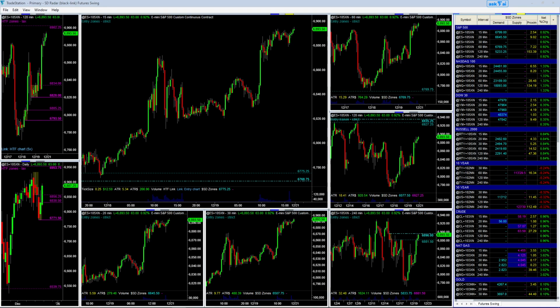Now that we got the lawyers out of the way, and I apologize to any viewers that happen to be lawyers, here we have then the new SD Radar Futures Swing Workspace. And guess what? What a surprise. Other than the fact that we have a black background here, we had a white background in the day trading workspace we looked at before. They look remarkably similar. We have a primary entry chart here, and we have 5 other entry charts down here,